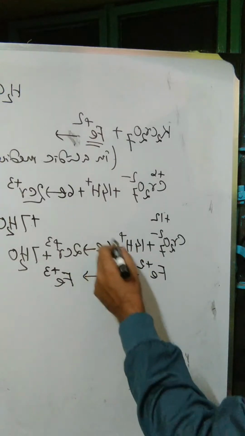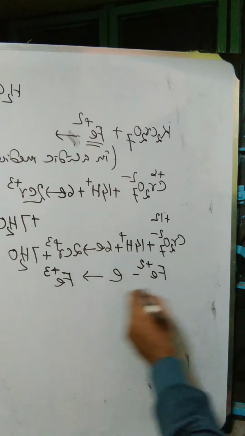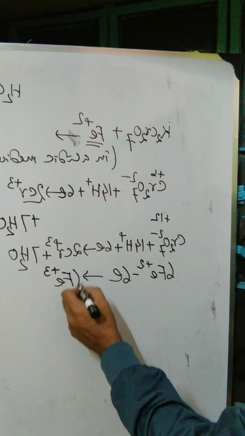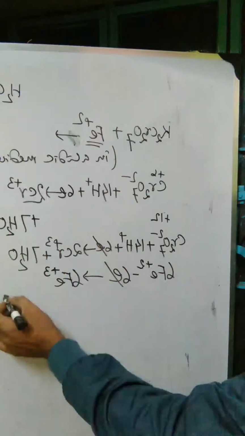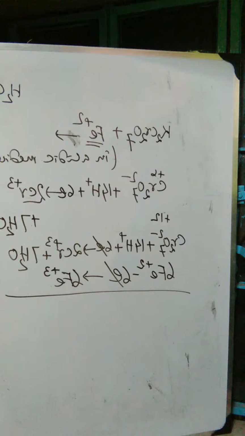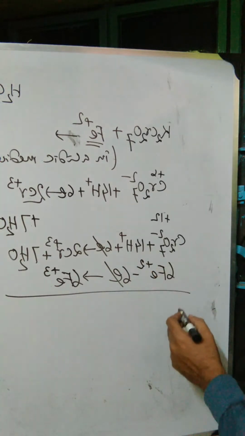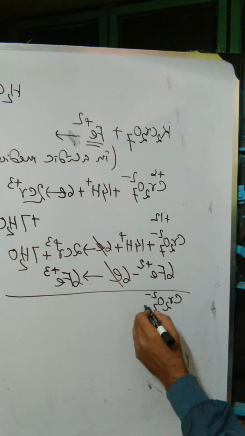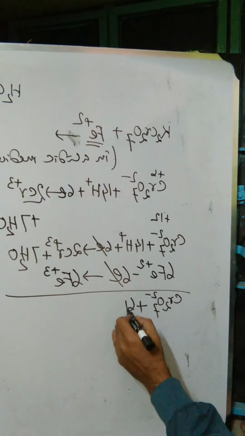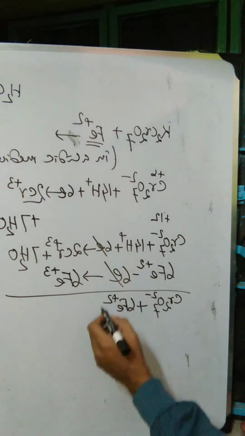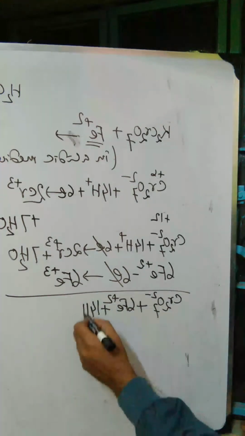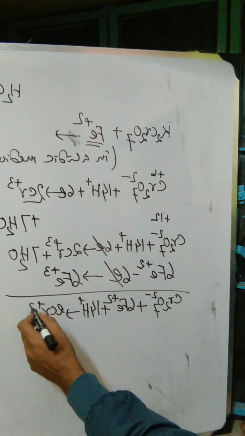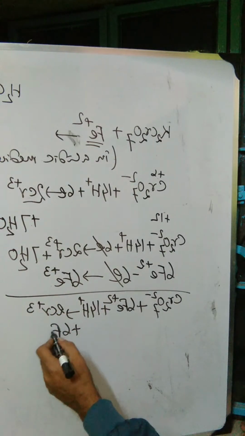Now how can we balance these 6 electrons? Just by multiplying this equation by 6. So 6 Fe+2 will release 6 electrons to form 6 Fe+3. Now the electrons are balanced. Now you just need to add the species, the reactants and the products. So on the left hand side there is dichromate ion, Cr2O7 2- plus 6 Fe+2 plus 14H+ gives, on the right hand side, the products 2 chromium +3 plus 6 Fe+3